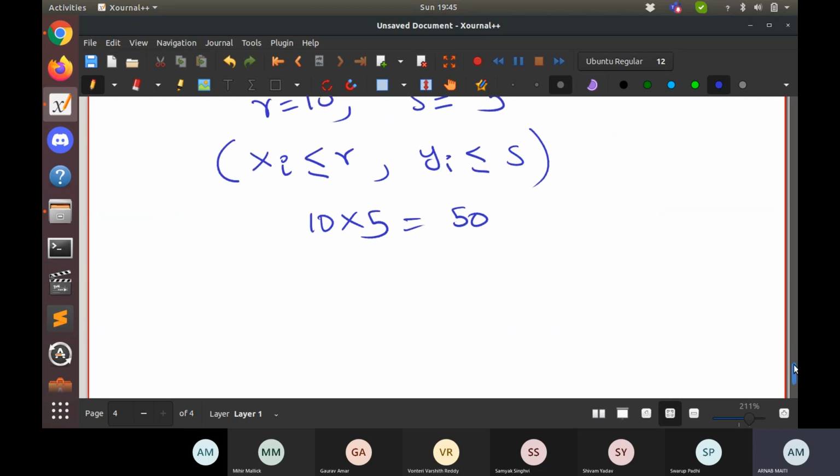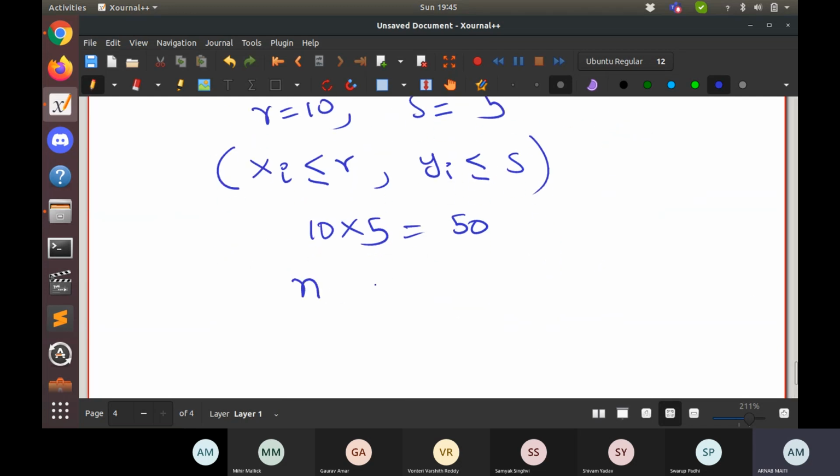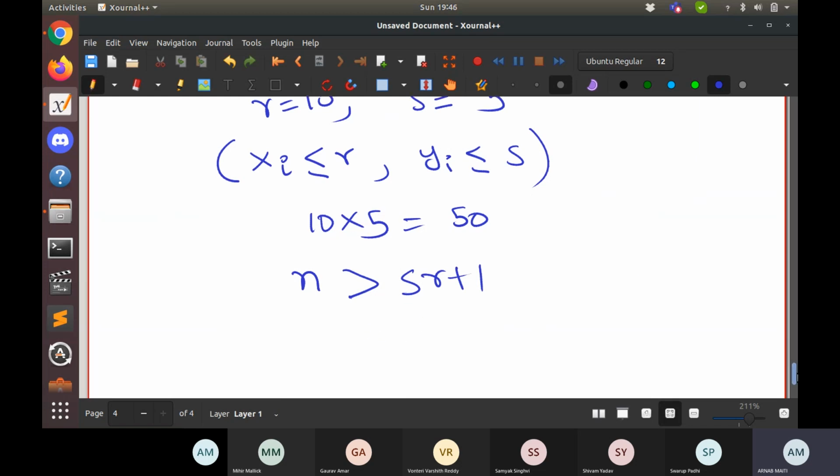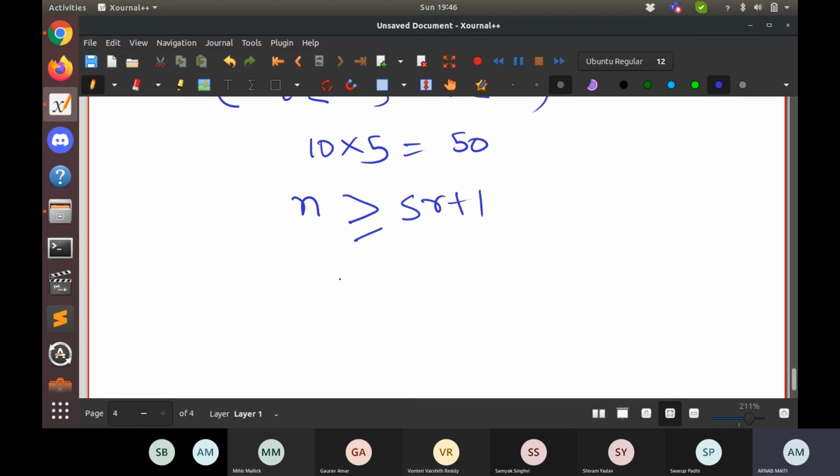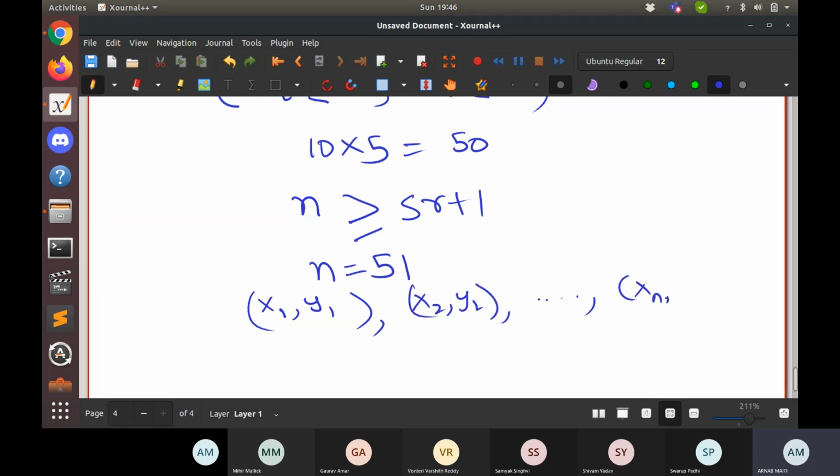Now, what I told was that your n is greater than or equal to sr plus 1. So say if n is 51, then you have all the different tuples x1, y1, x2, y2, up to xn, yn.